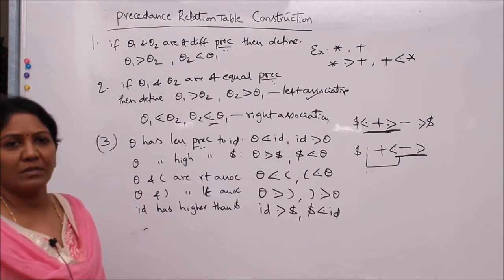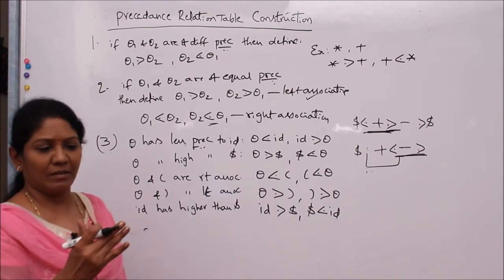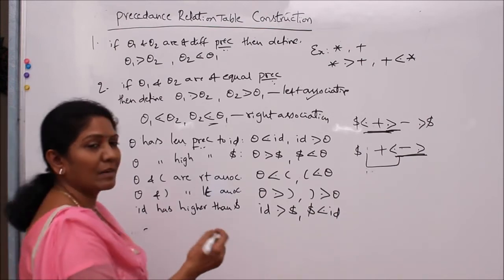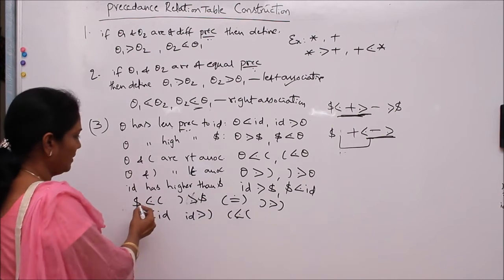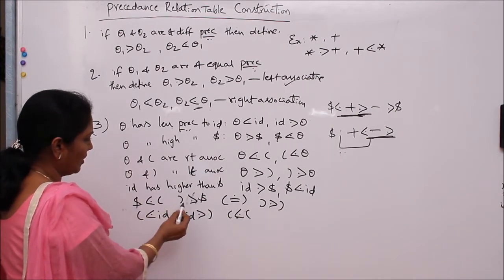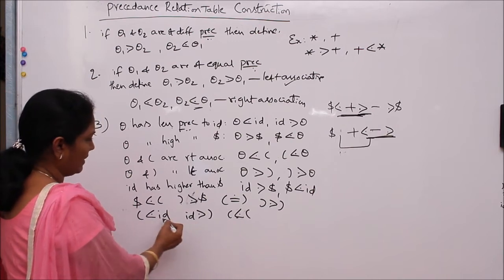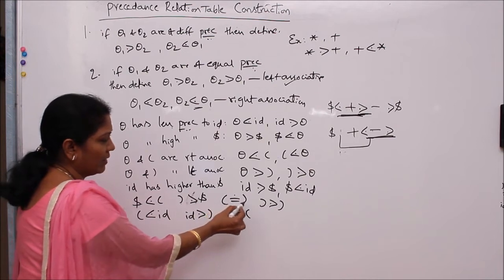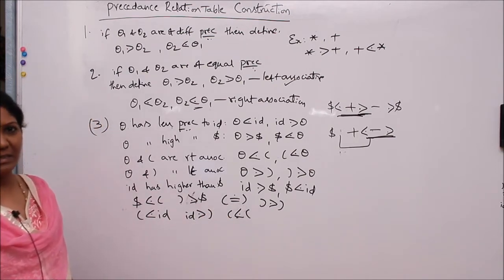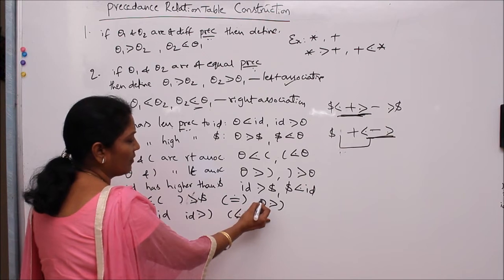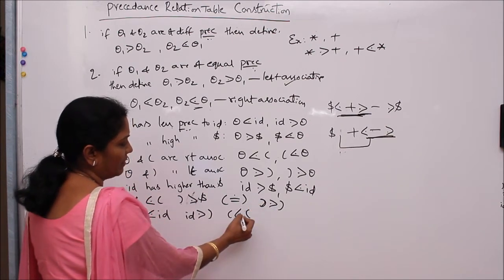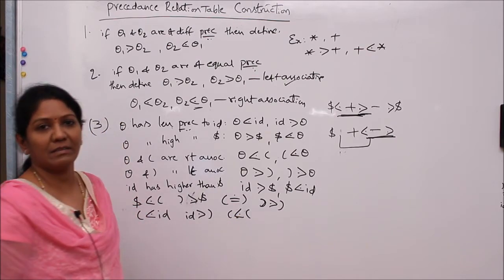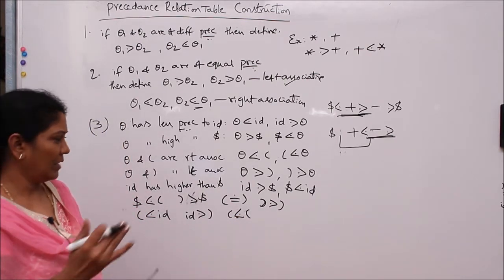And in addition to this, the relation between left parenthesis and right parenthesis is equal to. So in addition to this, the relation between left parenthesis, dollar, right parenthesis, dollar, id and the left parenthesis, right parenthesis is like this. Between left parenthesis and right parenthesis, always it is equal to. Between two left parentheses, it is less, because you need to continue. Between two right parentheses, it is greater. It's only for